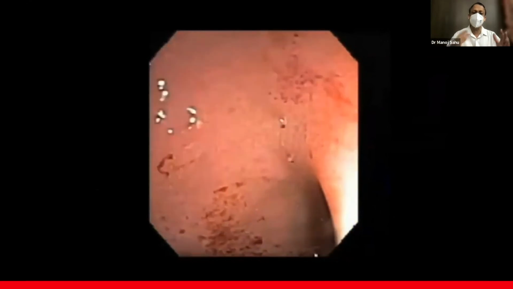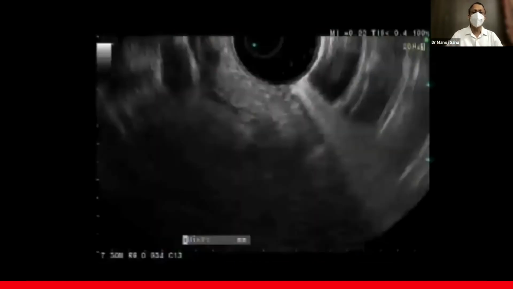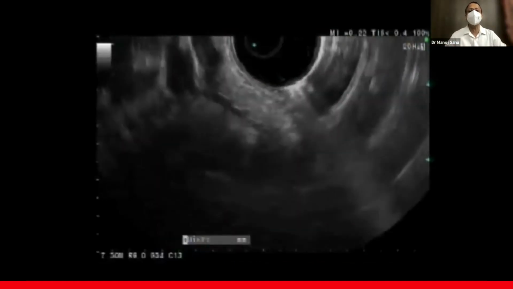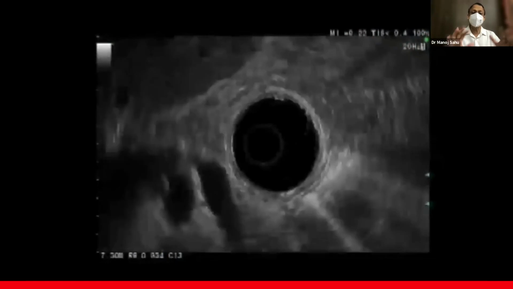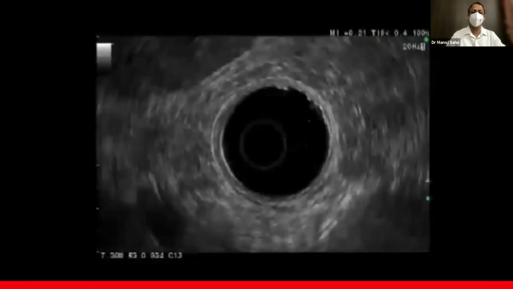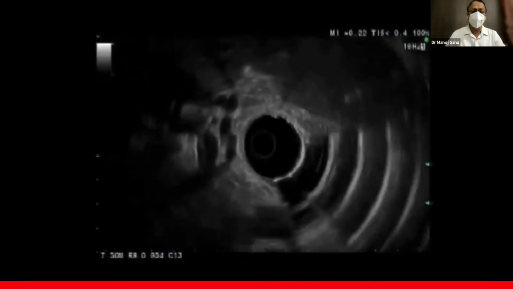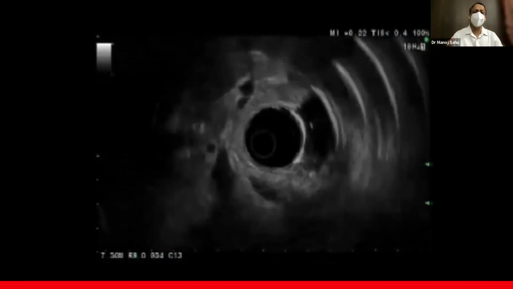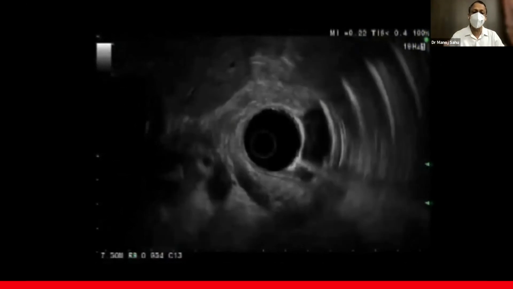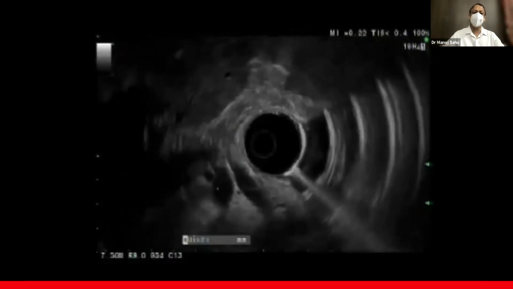Here is the ampulla, first part of the duodenum, and the apex of the ampulla is important. Sometimes what happens when you are at the apical portion of the ampulla, when you are trying to image the bile duct, sometimes the scope slips towards the bulb. Sometimes the scope slips towards the second part of the duodenum. You need to check that yes, my scope is at the apical position. If the bile duct is not imaged after around 30 seconds of trying, then you have to endoscopically see if the position is correct or not, then try to image the bile duct.